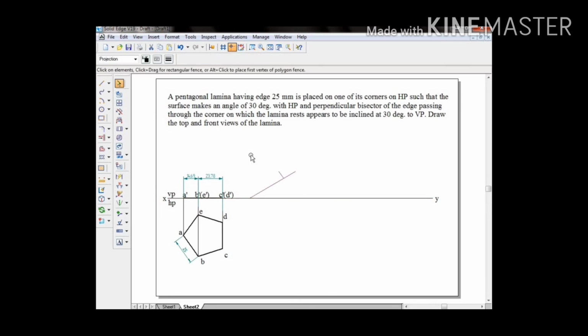So I'll delete this. I'll follow the convenient method in the software here. I'm going to select move, click on A dash, place it on XY line. Now go for right option. Click on A dash, click on D dash, give the angle as 30 degrees. Right, 30 degrees. Now project. If it is overlapping, place it at the appropriate position.